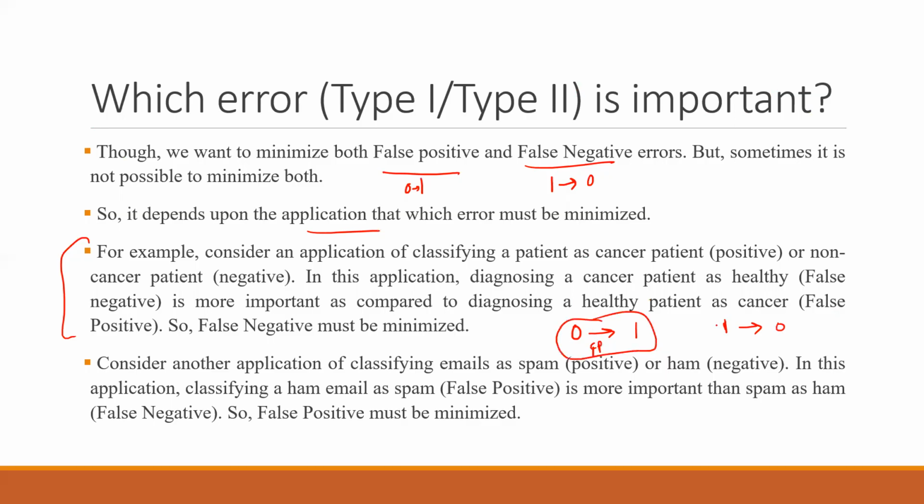This is false positive, saying 0 for 1 and 1 for 0 is false negative in this case. Which one is more deadly? Which one is wrong? Which one is more important to handle in a medical case? False negative. If someone has cancer and you tell them 0, that you don't have it, obviously we don't want this kind of situation. False negative needs to be handled, right?